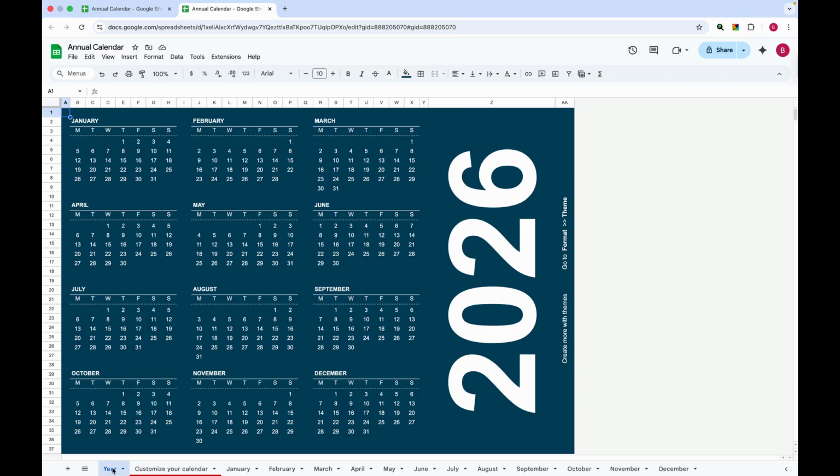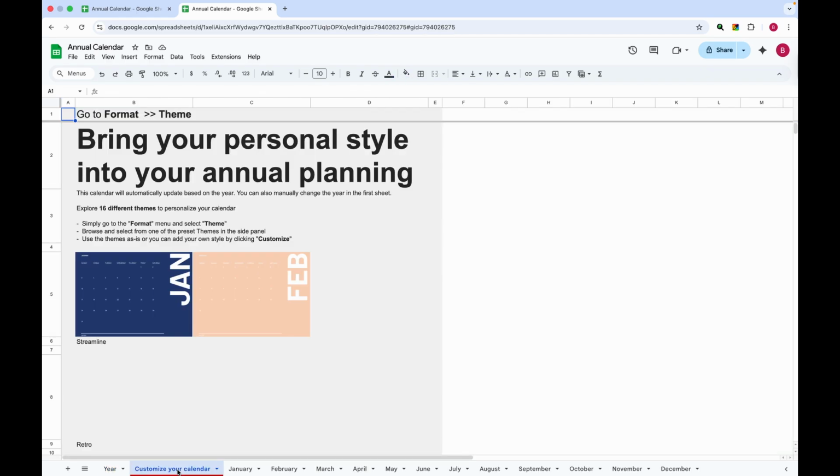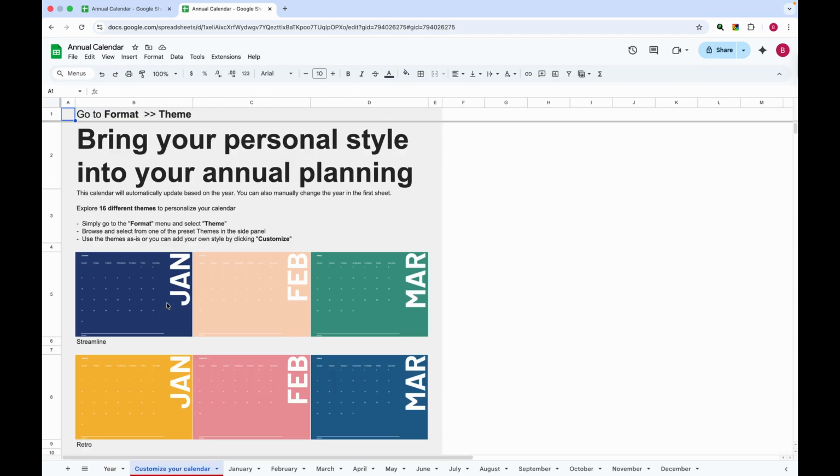We have the years. This is an annual calendar, and we have the month. You can customize your calendar by using this particular option. We have the colors over here. So there are instructions that come with this particular template. So in case you want to use a pre-made template, you can follow the instructions and use that to customize